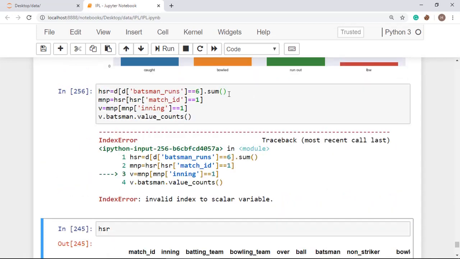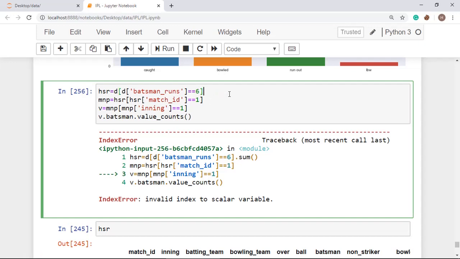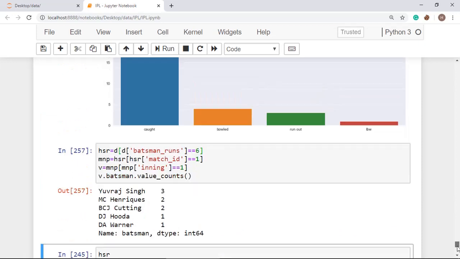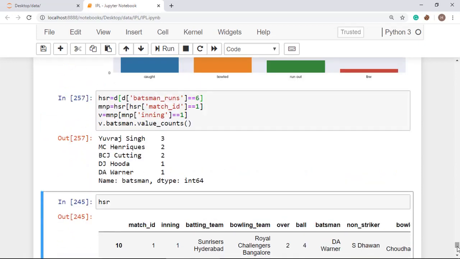Here you can see, you can calculate total runs in a match by using it like this. Just create a variable n and take d, and here I am taking match id equal to 1.